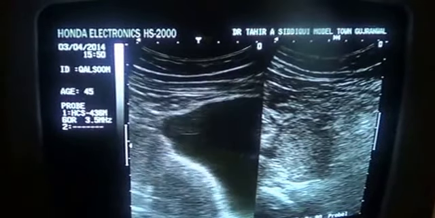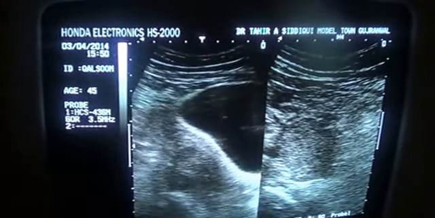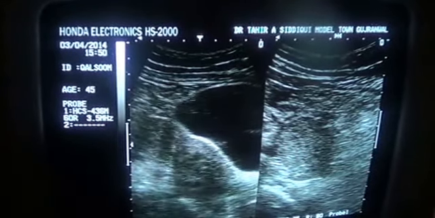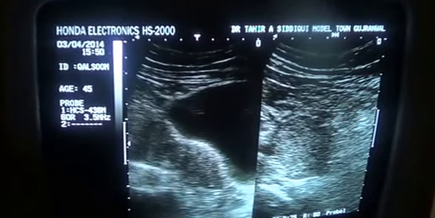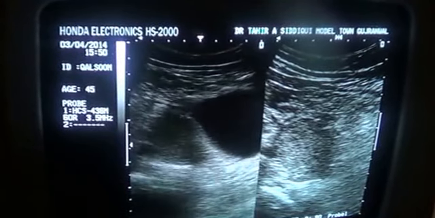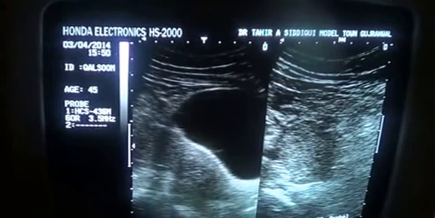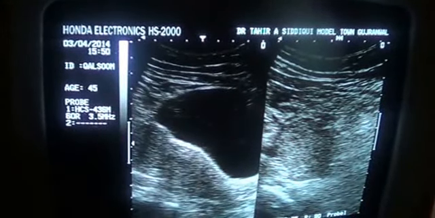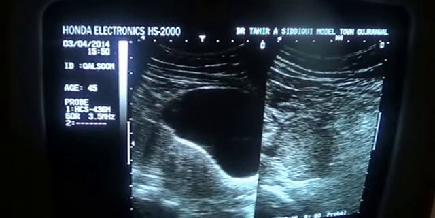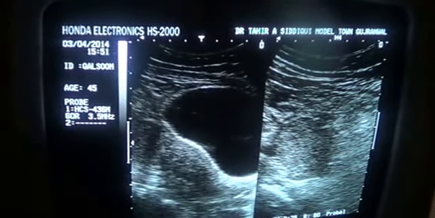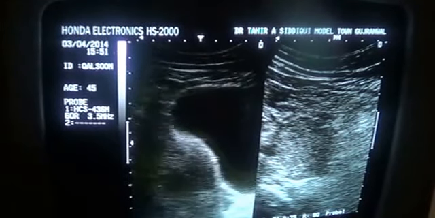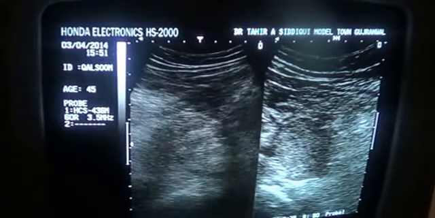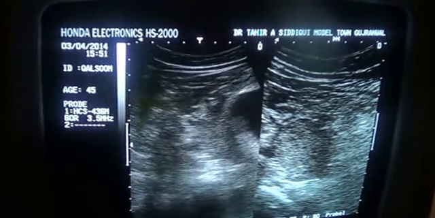And thus, this is a case of today, with concluding remarks that this is a case of menopausal uterus with subserosal fibroid and fluid in the pelvic as well as the peritoneal cavity, along with